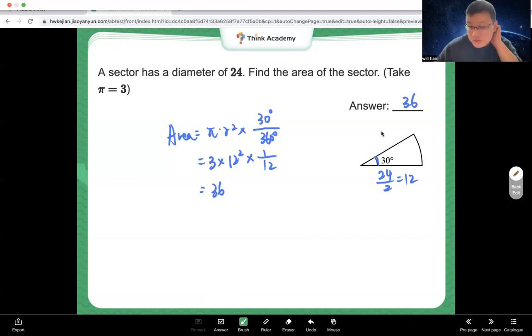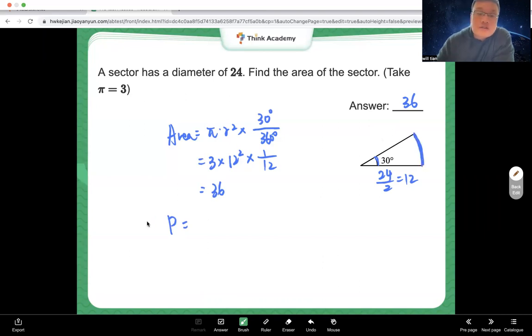The perimeter to the question. Okay, so as for the perimeter, let's say, why do you even need the perimeter anyways? If you want to get the perimeter, guys, the method is the same